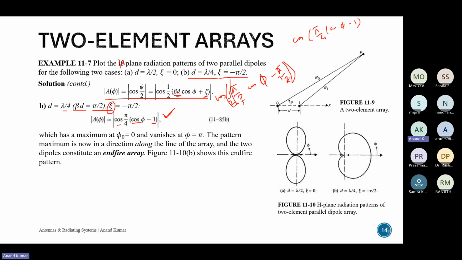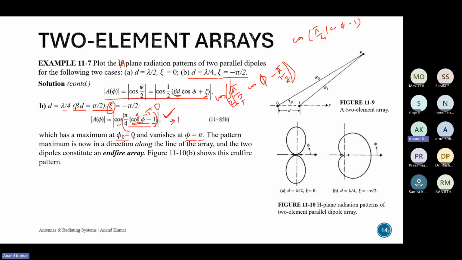Okay, this is the thing. So this particular function has its maximum when this phi is 0. When this phi is 0, this cos will become 1, and 1 minus 1 gives us 0, and when this is 0, this particular argument will become cos 0, and cos 0 is 1. So we are getting the maximum value at phi equals 0, and at phi equals pi, this cos pi becomes